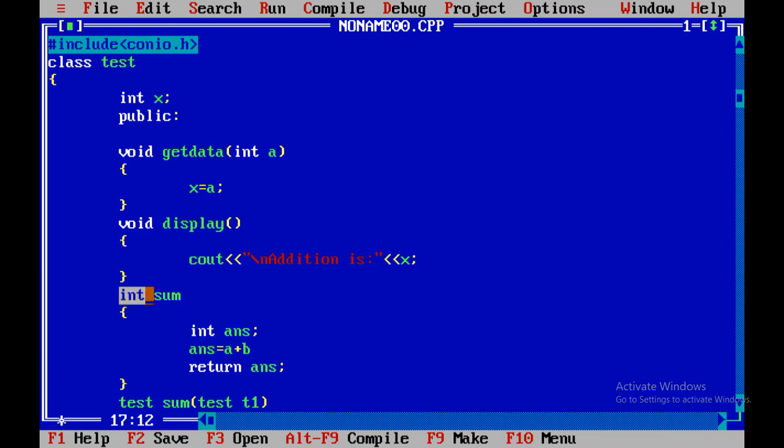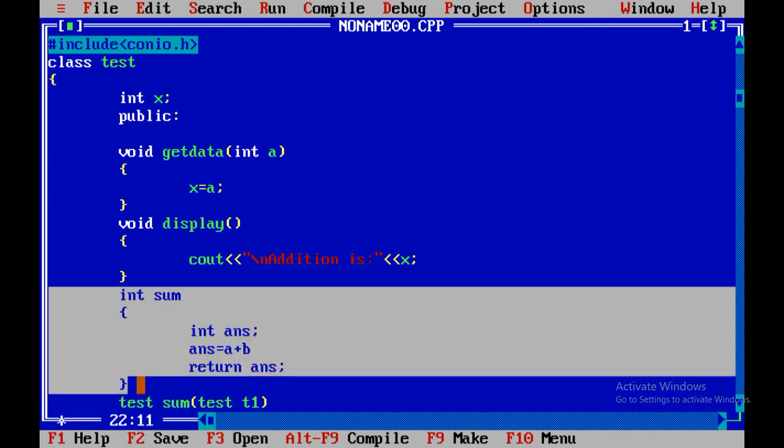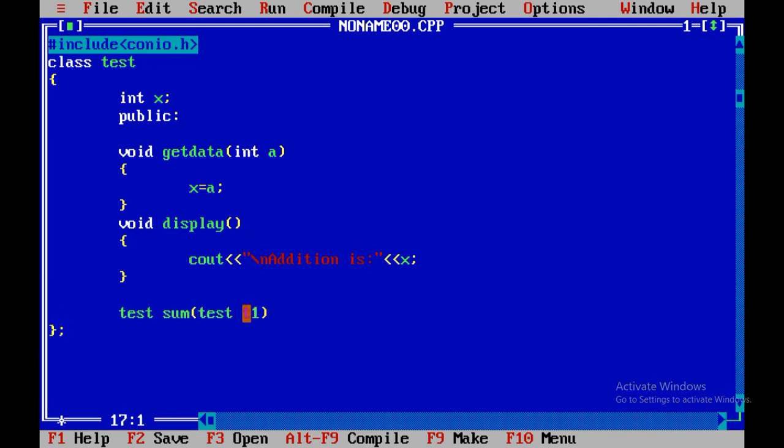So over here the return type is integer, but concentrate over here that we are going to return the object. The following function is going to return the object, that's why the return type would be of class, and here the name of class is test. So I have declared test data type as a return type.